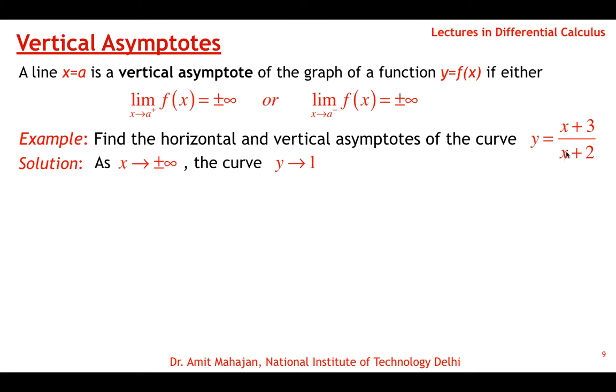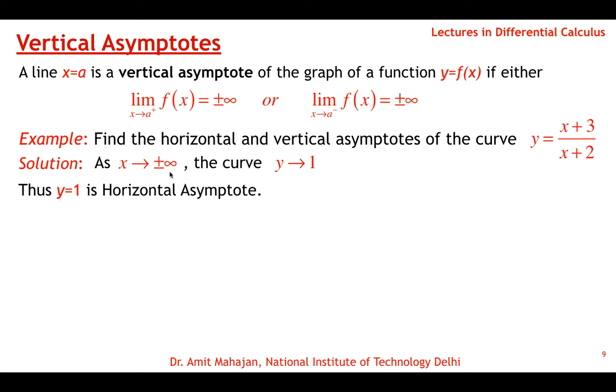Here it is x, so divide numerator and denominator by x, so we can write it as 1 plus 3 by x divided by 1 plus 2 by x, and then when x goes to plus infinity the value of the limit is 1, when x goes to minus infinity the value's limit is 1, so the curve tends to y tends to 1. Okay, so immediately we can say that y is equal to 1 is a horizontal asymptote